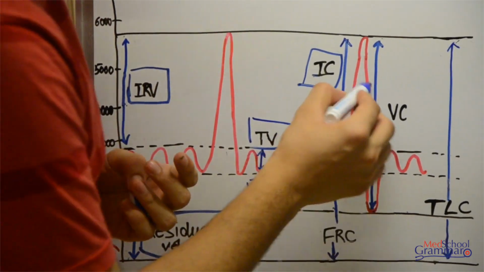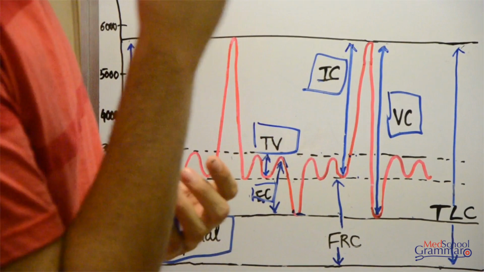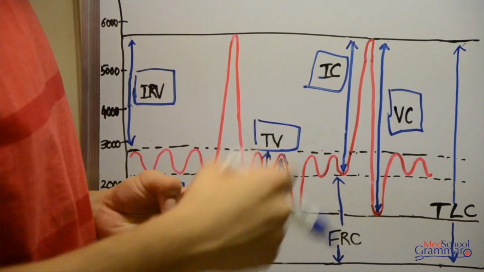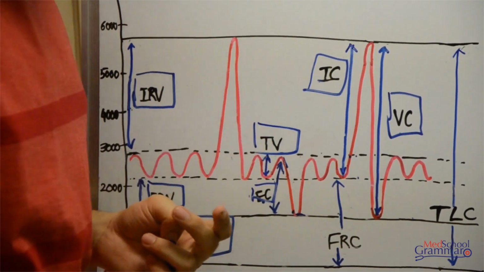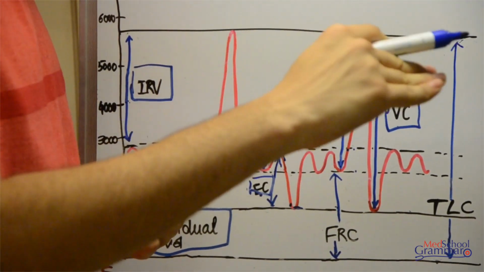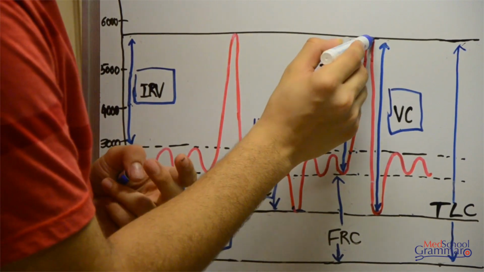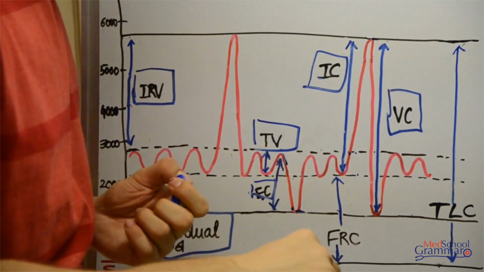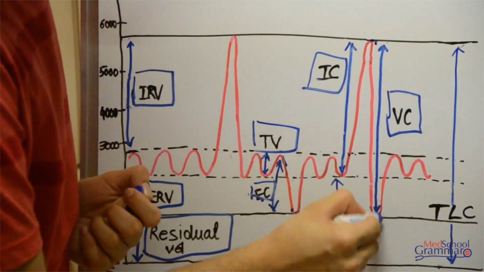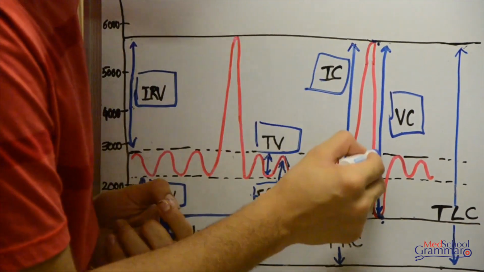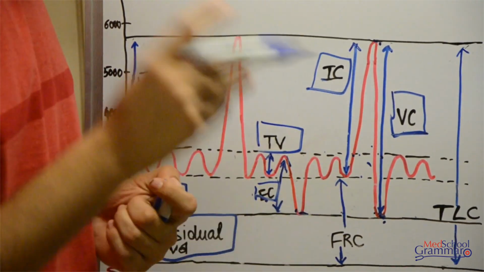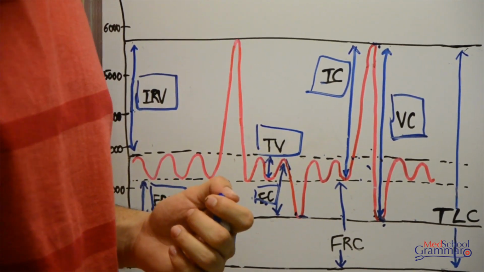Now moving on to the third, that is the vital capacity. This is the most important capacity of all. This is basically the amount of air that you can expire after maximal inspiration. After maximal inspiration, your lung volume will be approximately at this point, and then you expire maximally, so the lung volume decreases down right till here. So this volume that includes the inspiratory reserve volume, tidal volume, and expiratory reserve volume is your vital capacity, and its normal value is approximately 4.6 liters.